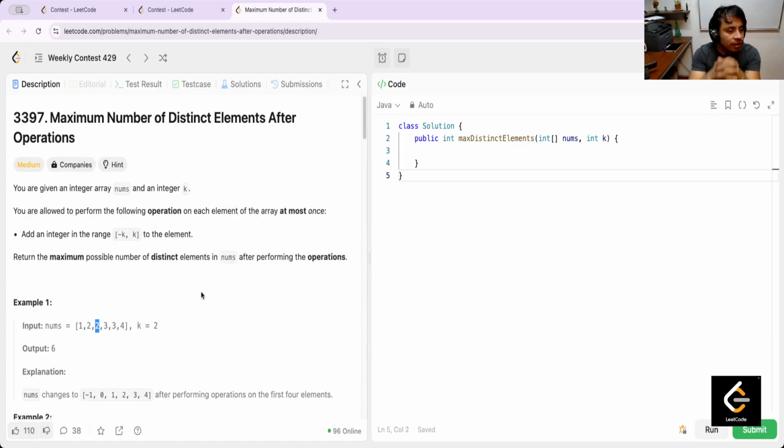Okay, I get it: you are given an integer array nums and k. You are allowed to perform the following operation on each element of the array at most once. Add an integer in the range